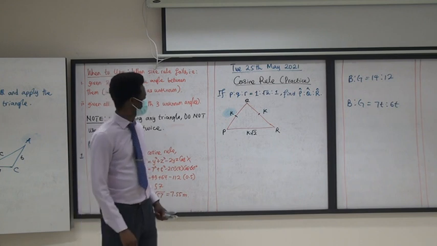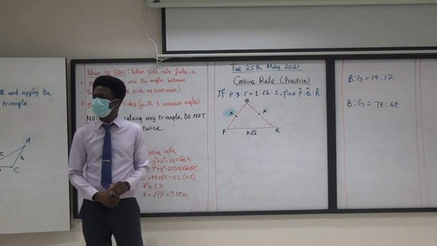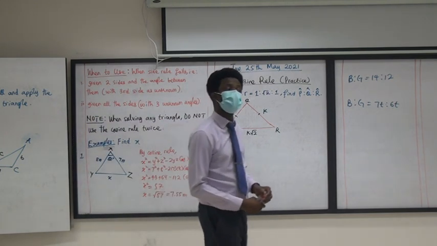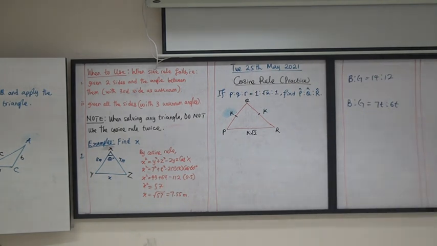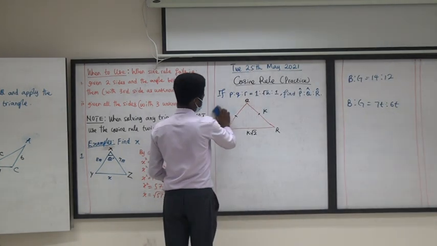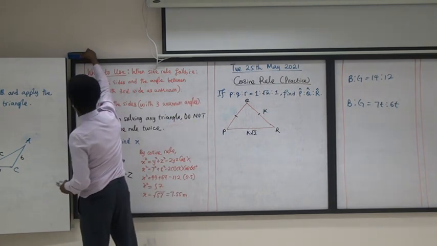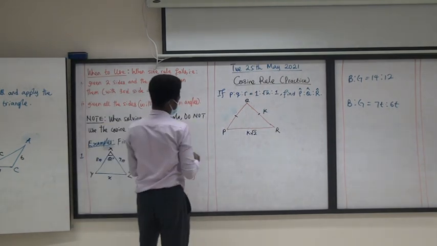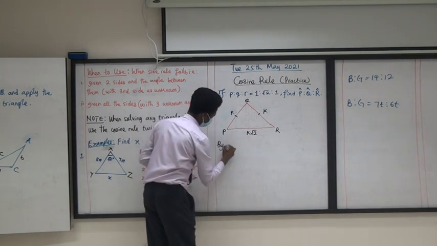Now, can somebody tell me why cosine rule is appropriate to find the angle? Just pretend k is a number. So that means all the sides are known, right? So cosine rule is appropriate, because all the sides are known. So we can say by cosine rule,